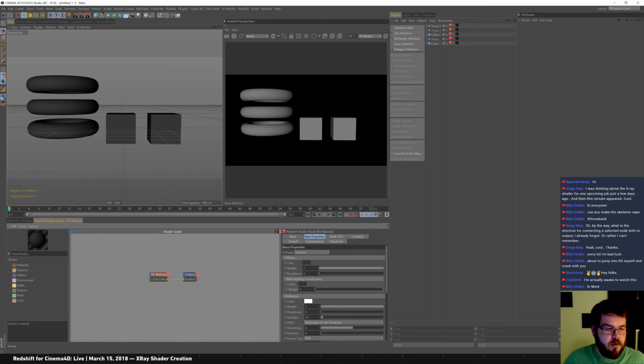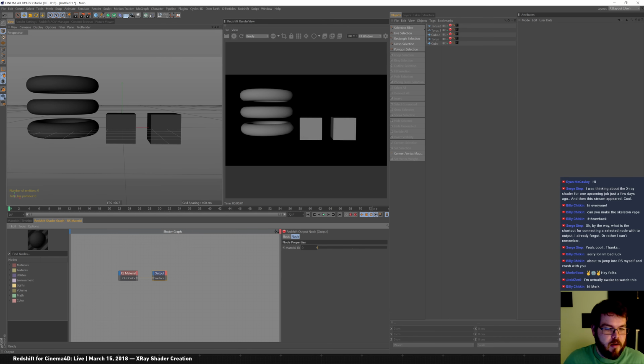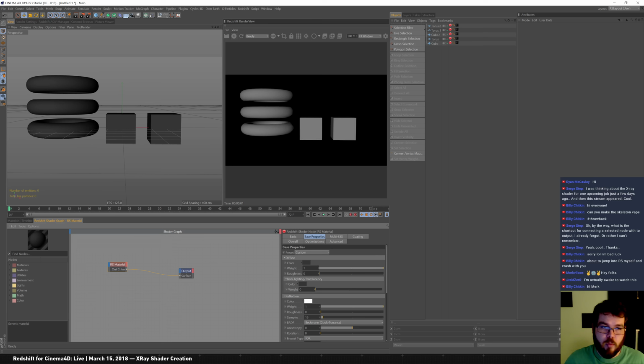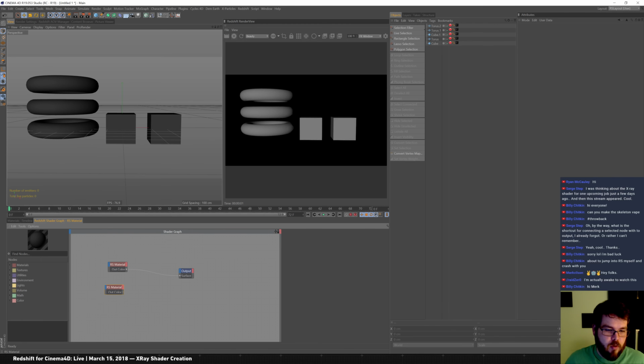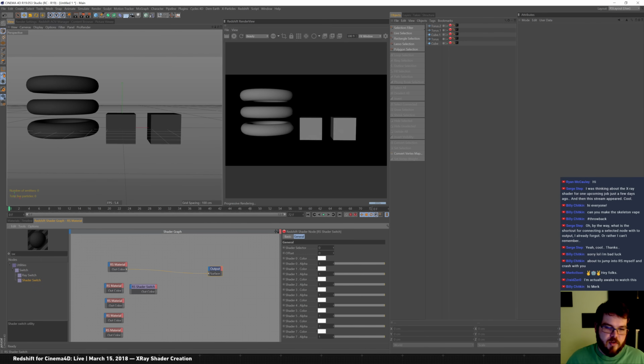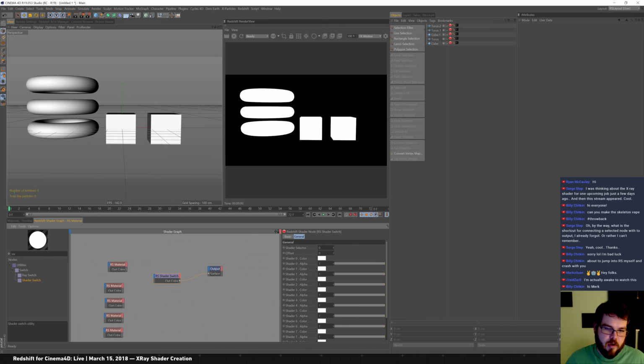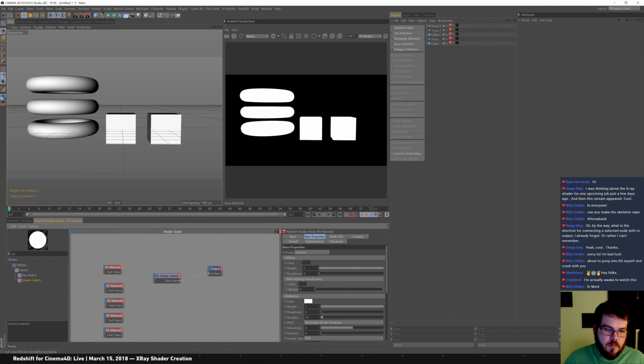So what I'm going to do is create 5 of these. So 2, 3, 4, and 5. All right, so what we need is our shader switch. This switch is going to go right into our output, and you'll see all of them turn white right away. That's because all these are set to white. But I'm going to start piping these in. So this will be shader 0,